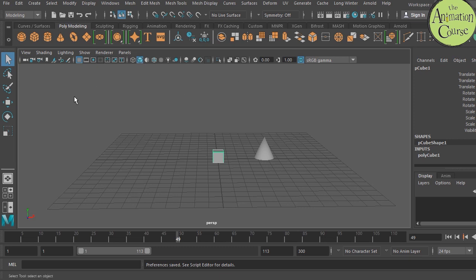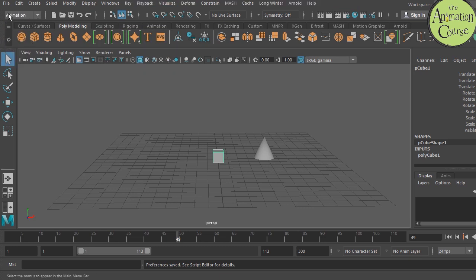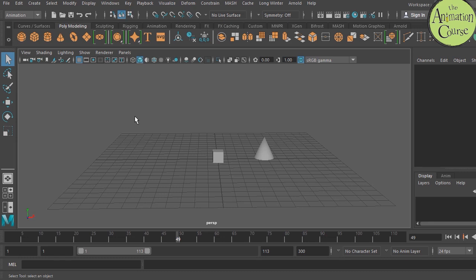All right, before we get started animating, I'm going to do one more thing, which is to change your menu set to animation. You'll see what happens is that these menus up here change. These first few remain the same, and they'll be the same in any menu set. But it's nice to keep everything in animation. A lot of the tools that we'll talk about later in the class are going to come from these menus. So usually students, once they change that, they're never going to need to change it again. All the tools that we need are going to be in that menu set. Okay, so let's get started